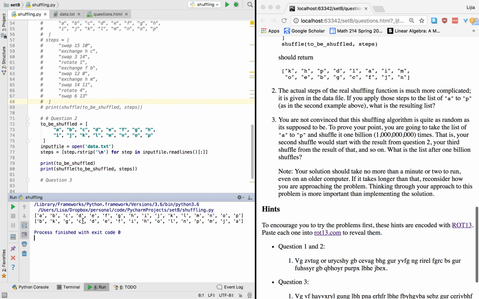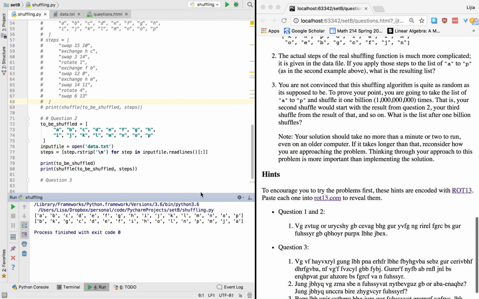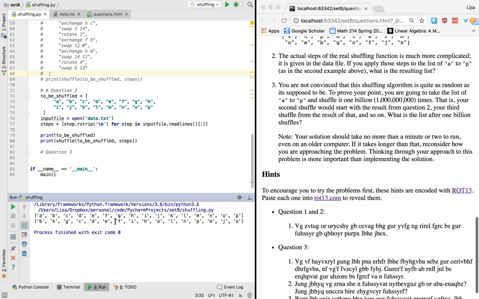How can I know if it is like shuffling or something? Maybe. So you know that you're not going to be able to run it 1 billion times. Maybe look for a pattern, but with multiple shuffles rather than just one. Ah, that's clever. Okay, so let me do this for